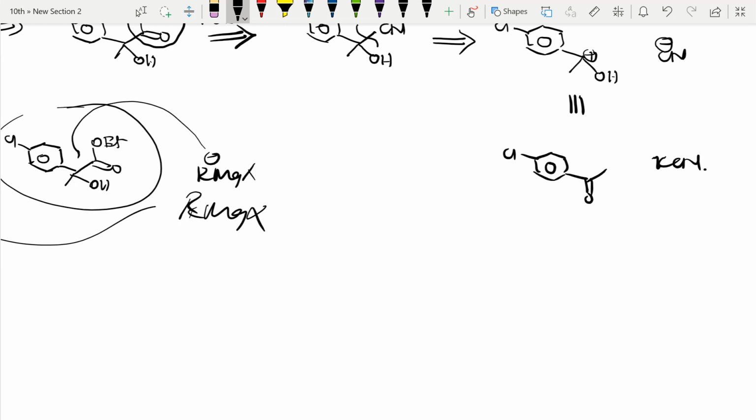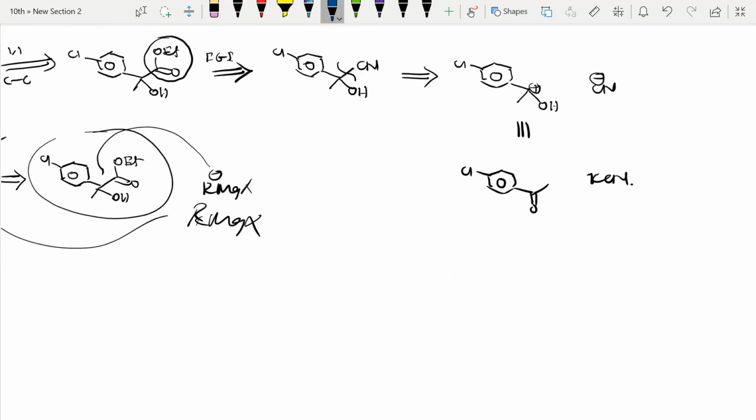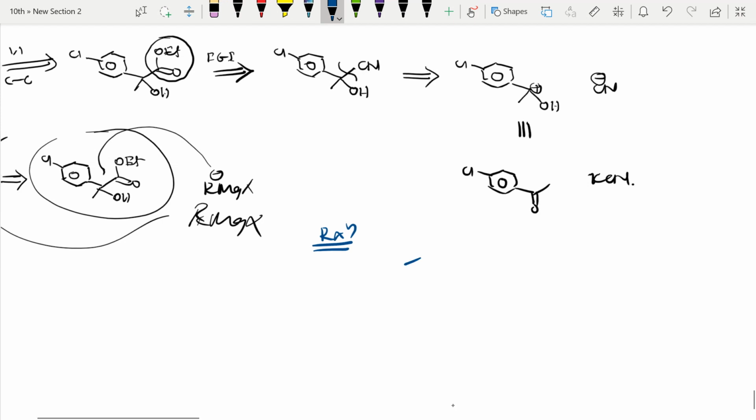So if I want to write the reaction, let us see now. See here, I will write the reaction here only. I will take those two which are retrosynthetically derived. Lastly, I will take those two only, right? And here, CN minus, instead of KCN I can write K plus CN minus. So it will do the reaction like this. So the reaction will be simple.